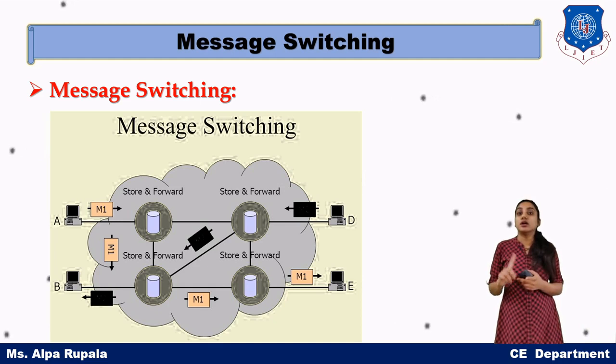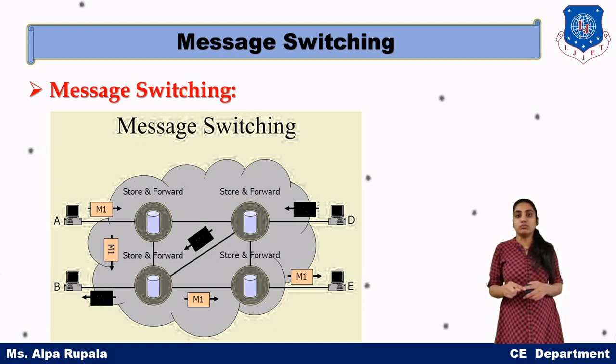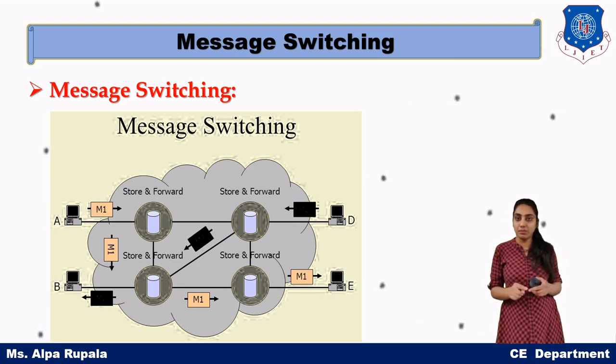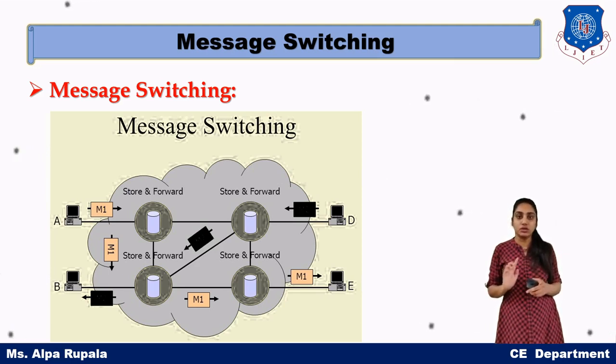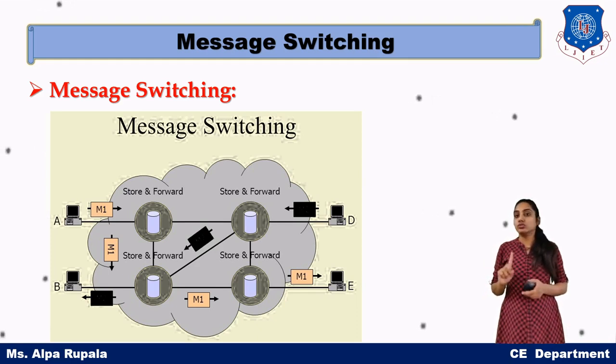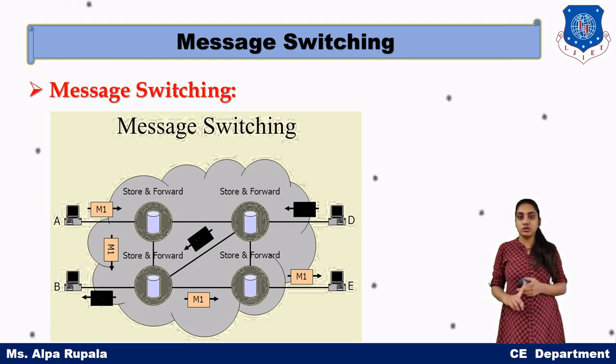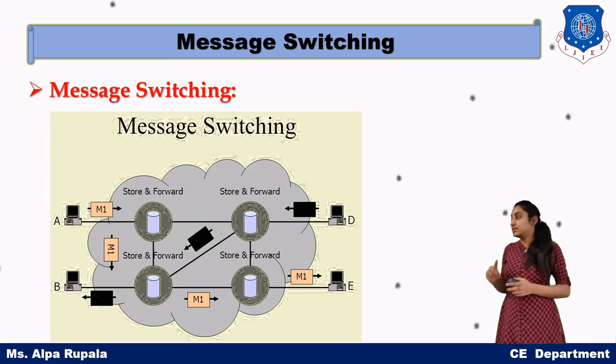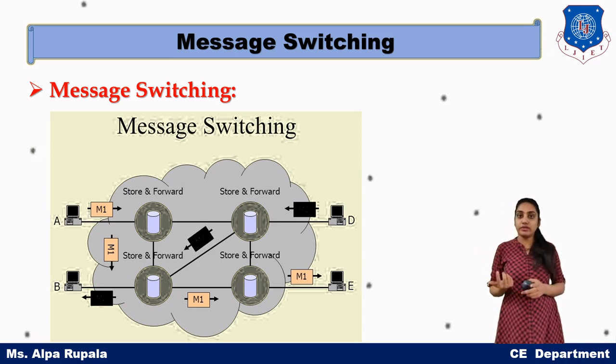Second, if someone is using that route, then another party can use it, but not at the same time. We are talking only about a sub part. The whole relevant part can be used, but if that circuit is busy for the sub part, then no other user can use it. But the remaining part, other users can use. So the dedicated connection issue is solved, right? Second, store and forward network is there.